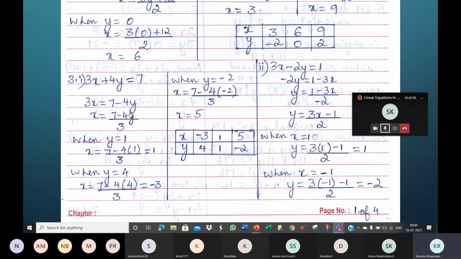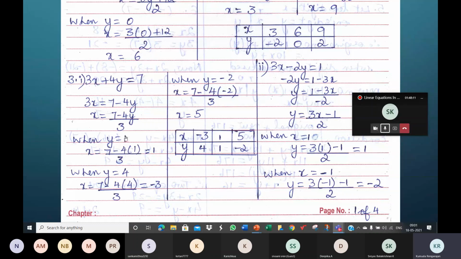So we tried 0. It didn't work, meaning we didn't get an integer value for x. Then we tried 1, and when y is 1, we're getting an integer value for x. So you're happy with this 1, 1. It's easy to plot. Now we want all other points to be convenient to plot too. It's easy now because the denominator is 3. Y is 1. Skip in 3s, either to the left or the right side, any side.